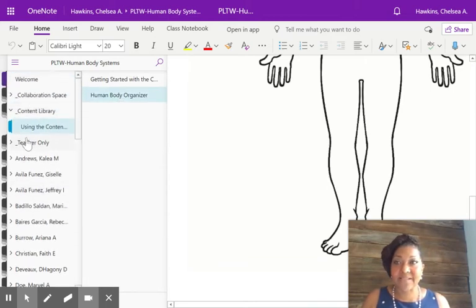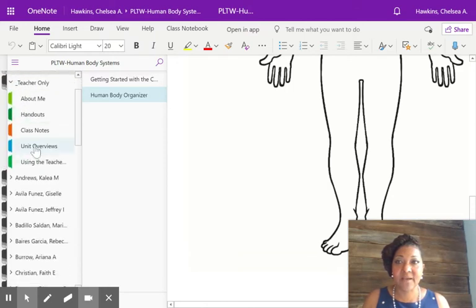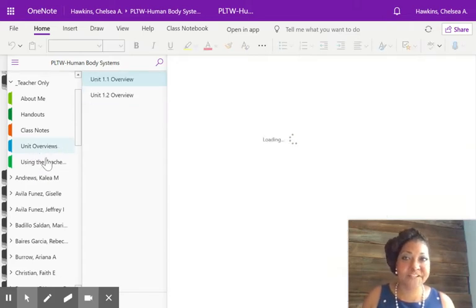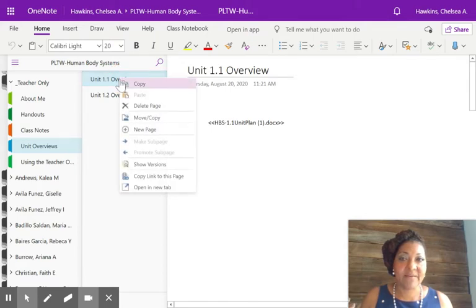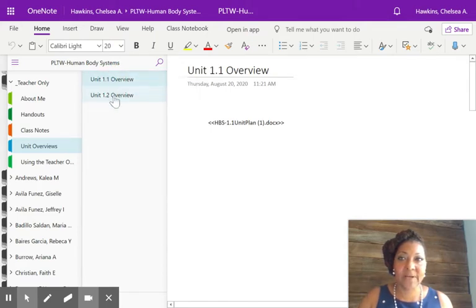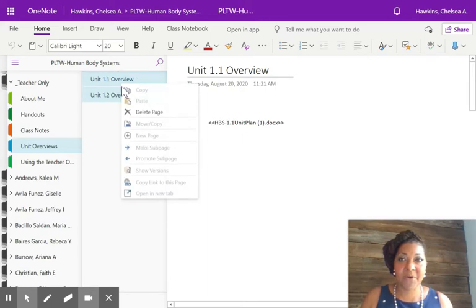Another way to do it is because I've got some teacher only content in there. I'm going to close that one up. I don't want to look at that. These are some unit overviews that I previously made for my HBS class. What's in there now is a unit 1.1 overview. So what I can do is go in and copy both of those for him. All I did was press Control and highlight both of them. I'm going to right click. Oh, and it won't allow me to do that. I can either delete it or not. But what I can do is